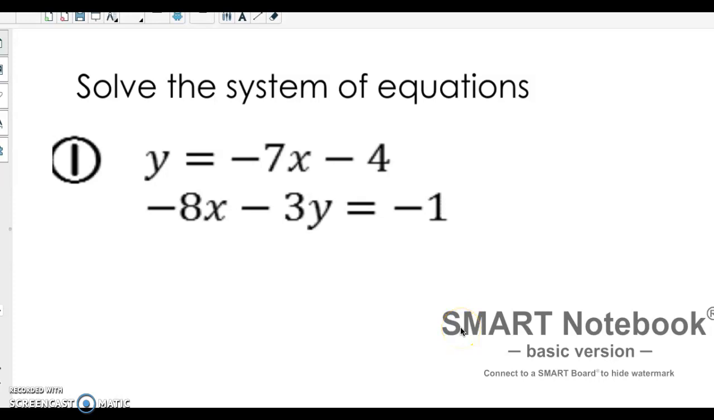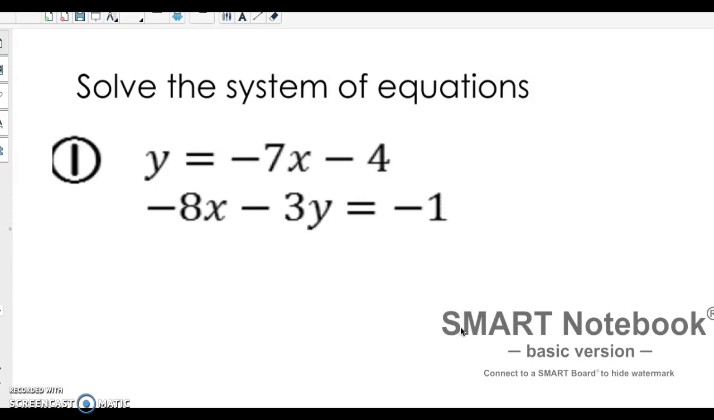All right, here we need to solve the system of equations. So again, this is a system of linear equations. These are both equations of lines. So y equals negative 7x minus 4. That equation is in slope-intercept form. So we know if we were to graph it, it would have a y-intercept of negative 4, and the slope